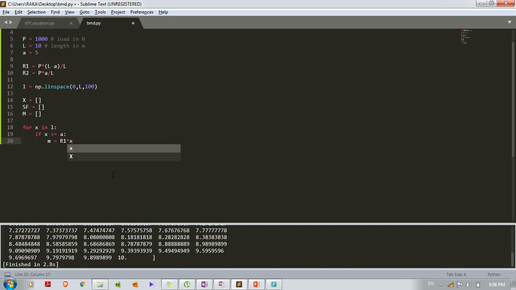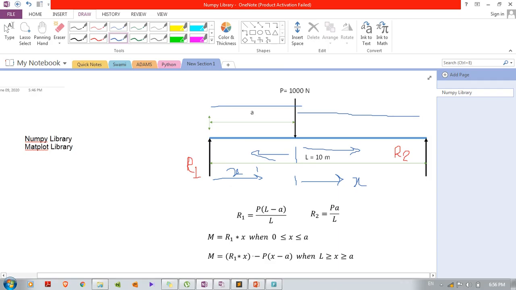And if x is greater than a, my moment formula becomes this.